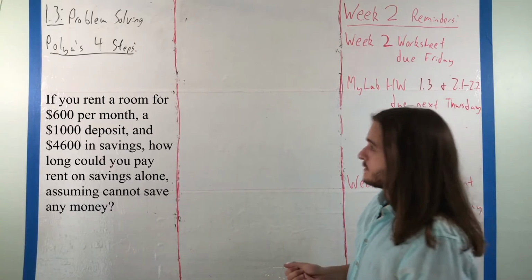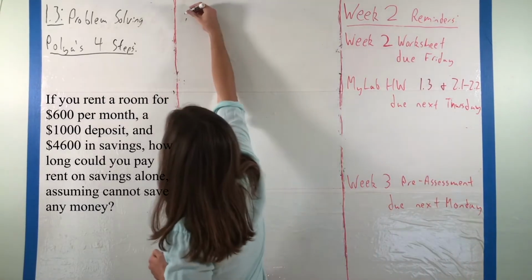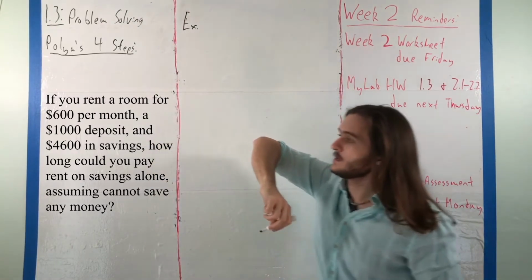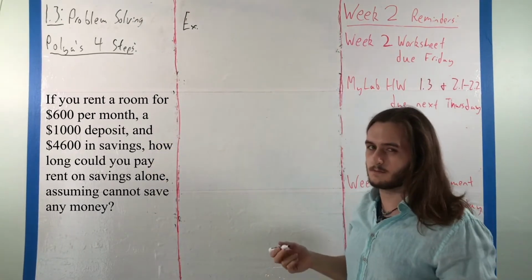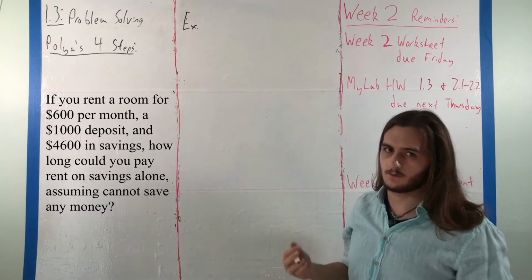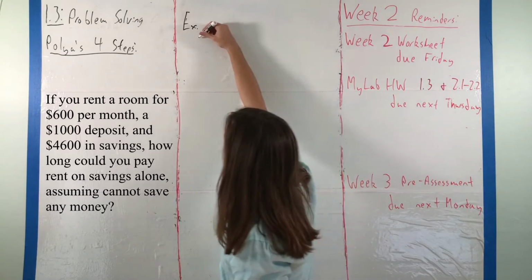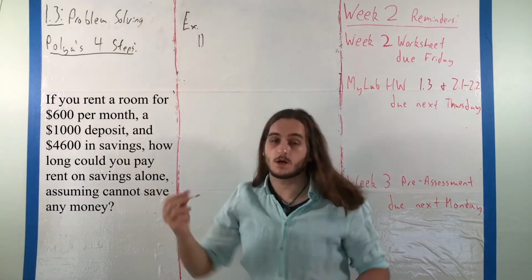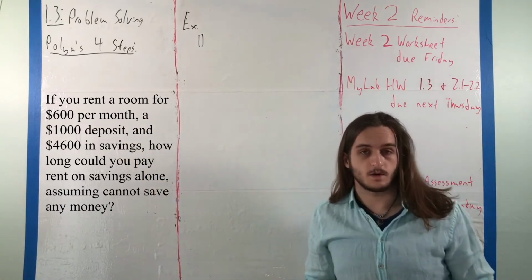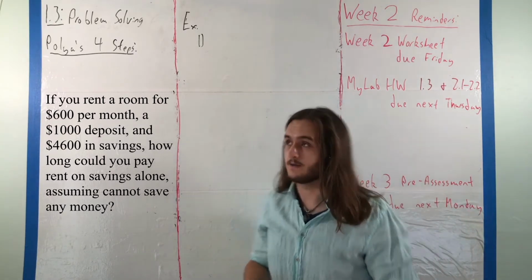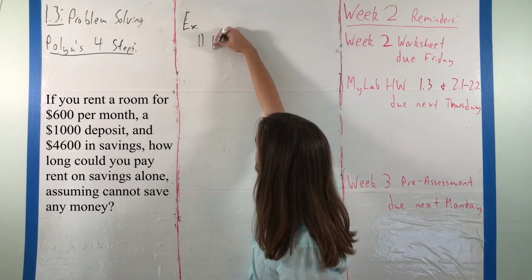So, for this, what we're going to want to do is follow through on the 4 steps. And because this is our first example, I'm going to go through those steps in a little bit more detail than I normally would. I'm actually going to notate them somewhat. So for our first step, what we want to do is understand the problem. That means we want to think about what we know, and we also want to think about what we're trying to find. So here,